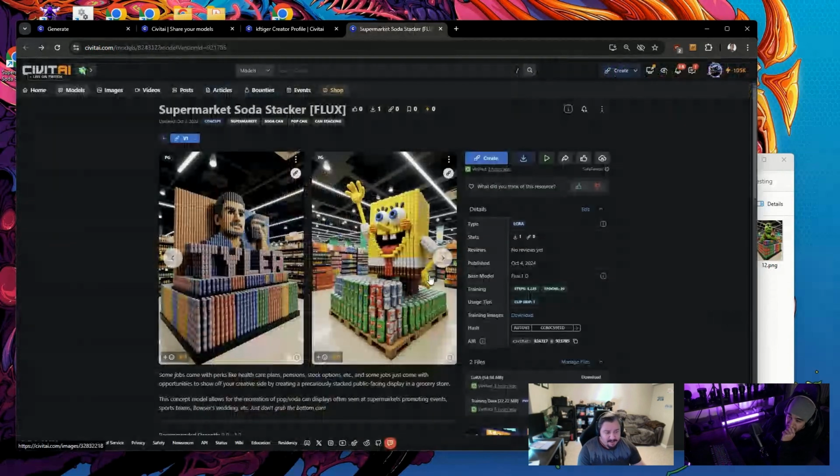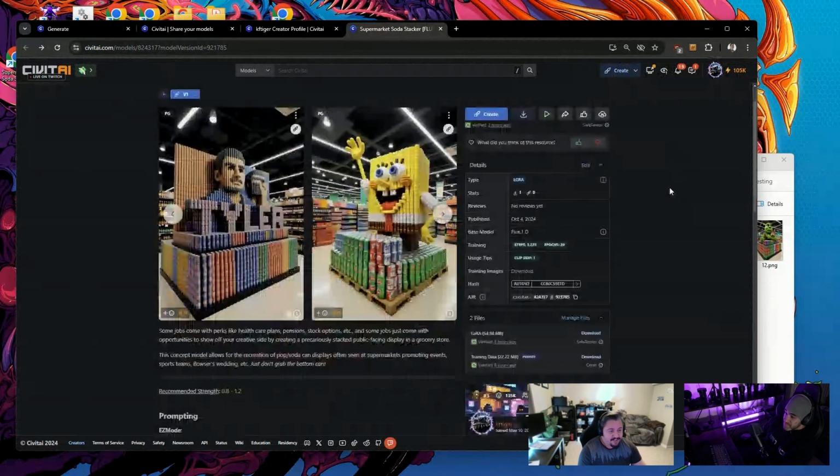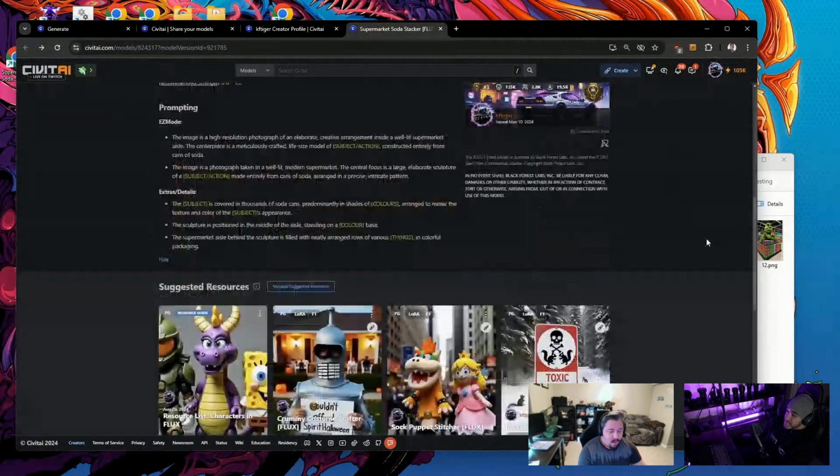I've had a couple failure models where I've tried making a concept that Flux actually did better without my training. Like, I did one attempt at inflatable ornaments for your yard, like a Halloween kind of Christmas style one, and Flux actually did it better without what I trained. So that was one I didn't launch, because I looked at it and thought, yeah, no, this isn't any better.